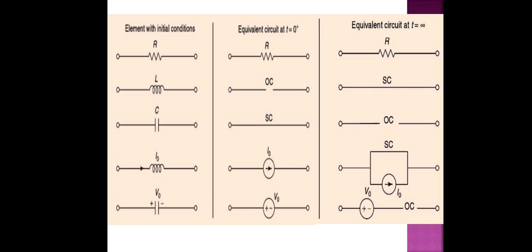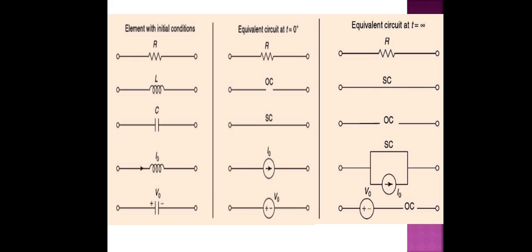At t equal to infinity, the inductor acts as a short circuit. For the capacitor, it is a short circuit at t equal to 0 plus, and at t equal to infinity it acts as an open circuit. Now, for the I naught and V naught through the inductor and capacitor respectively, how it should act: we come to the equivalent circuit at t equal to 0 plus,